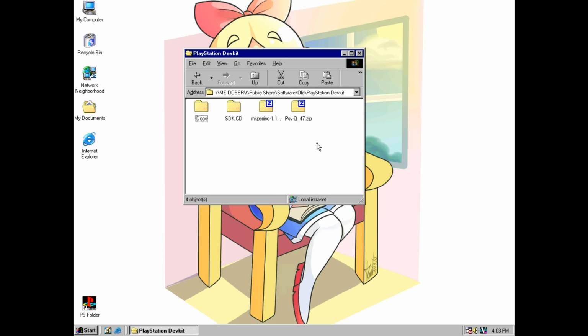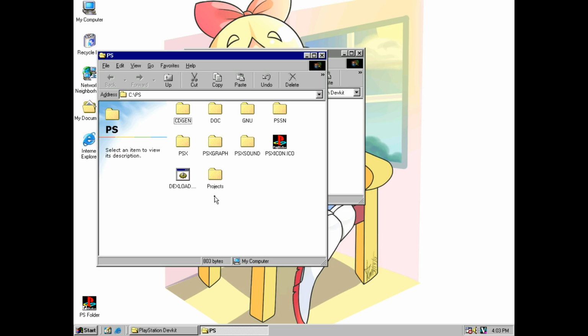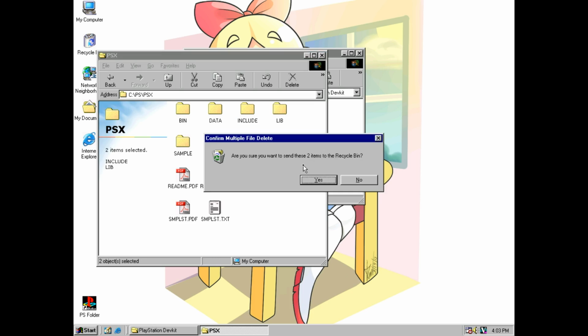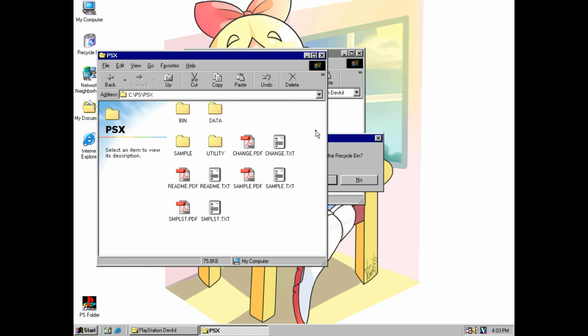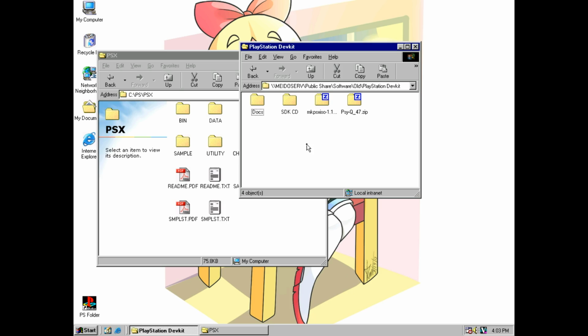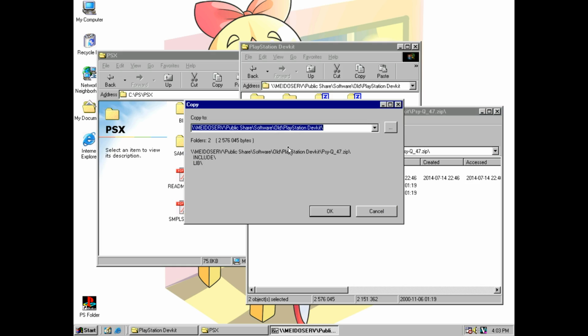So before we extract the files here, we need to delete some files in the PS folder. So we head over here to our PS folder, go to PSX, and then we need to delete these two folders, include and lib. So we'll just delete that to the recycling bin. So next step is to, there's also another problem with TightVNC. It's sometimes not very clean when it comes to screen updates. So moving on, we're gonna extract these two folders, which contains the updated libraries and headers. So extract them to